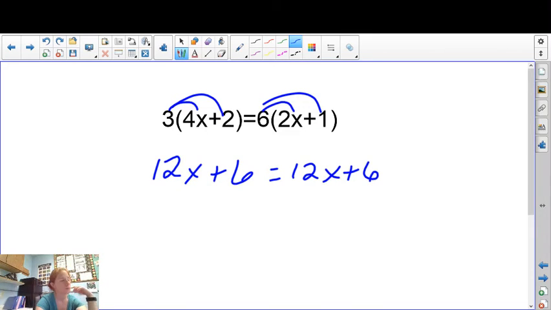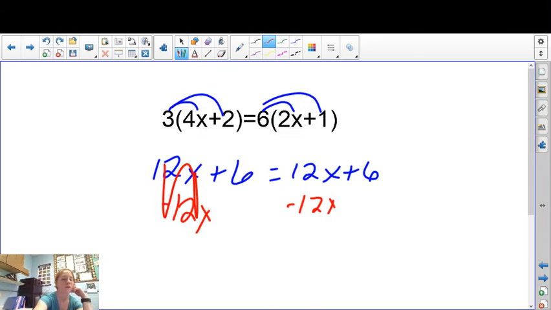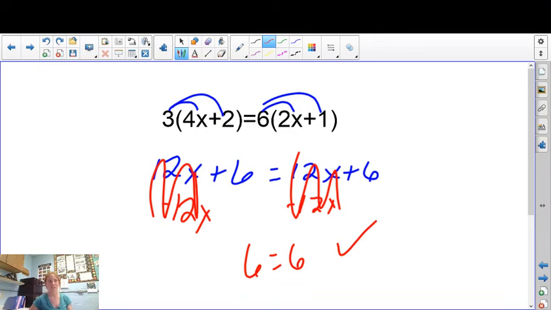Well, then if I do this, they're gone and they're gone. Wait, what? And then I'm left with this, which makes sense, right? 6 is 6. It's not saying 6 is like 12. That makes no sense. If I have $6, I want to have $6. So if you get what's called a true statement,